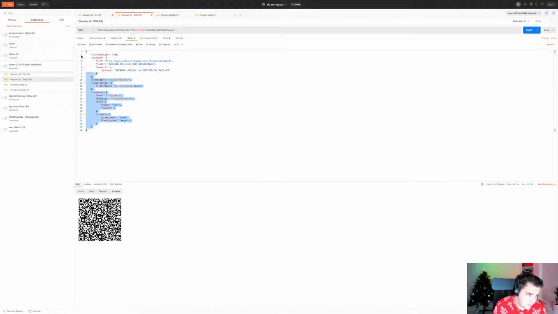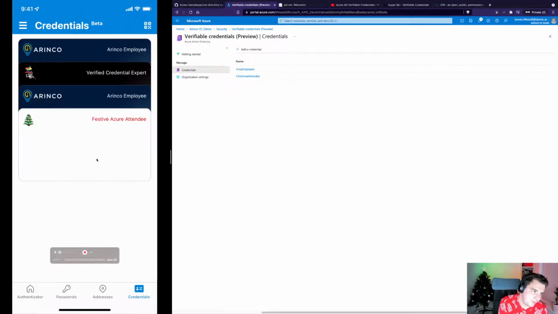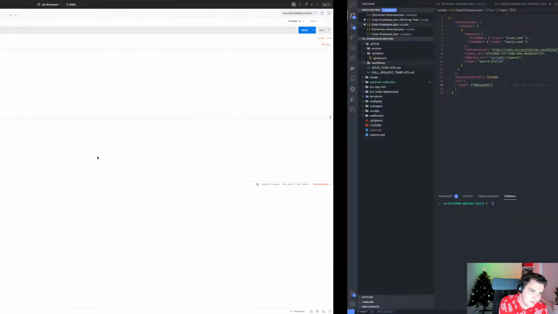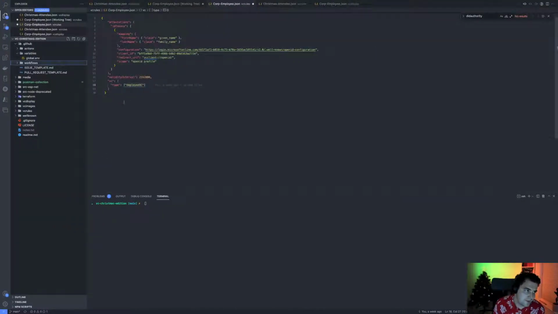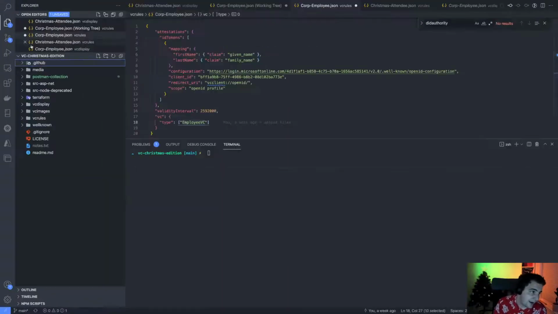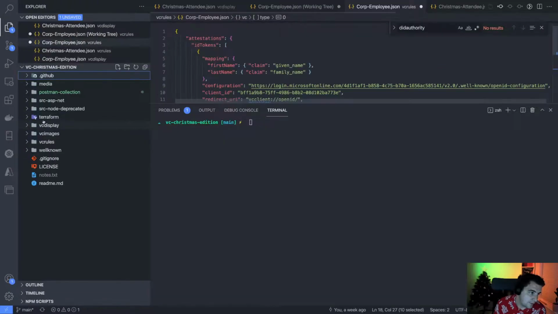But the credential I've issued here is saying I'm providing claims in the credential as I issue it, and you can see that on my phone, obviously, as showing up as a festive Azure attendee. The way that works is you have a rules file and a display file.